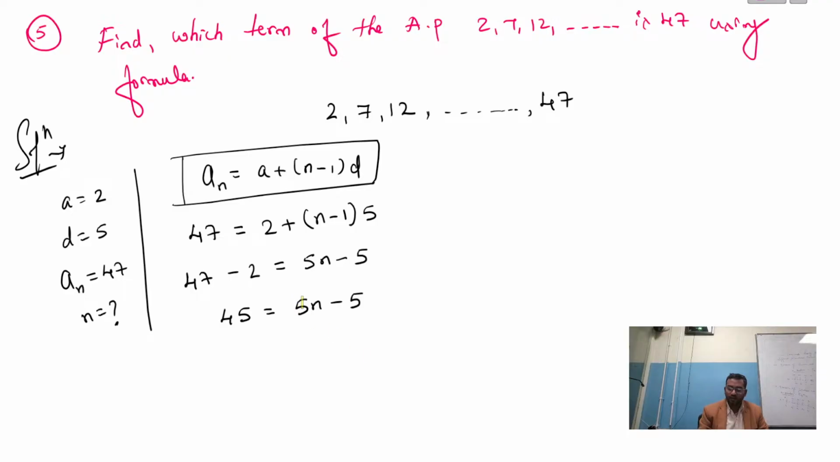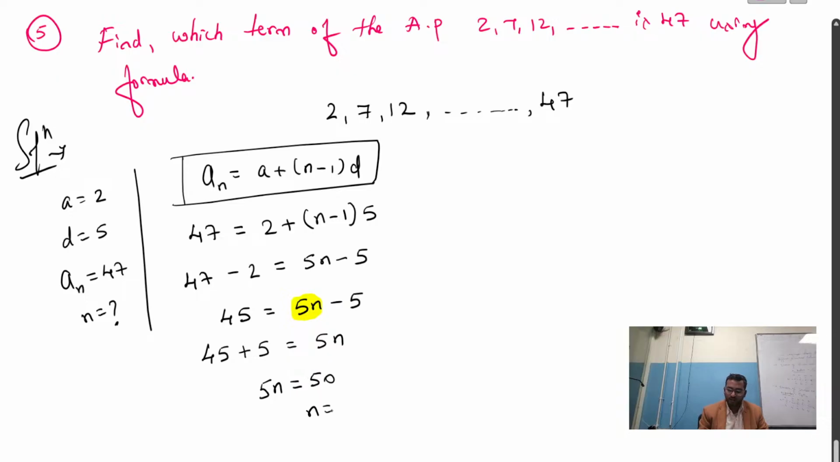Actually we are finding the value of n, so I am going to keep this 5n as it is. Now what I am going to do here, 45, this minus 5 comes to the other side, it becomes plus 5, that is equal to 5n. Now we can say that 5n is equal to 45 plus 5, which is 50. The value of n is 50 by 5. 5 ones are 5, 5 times are 50,